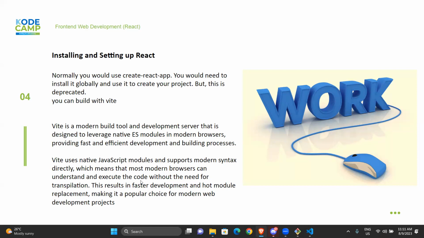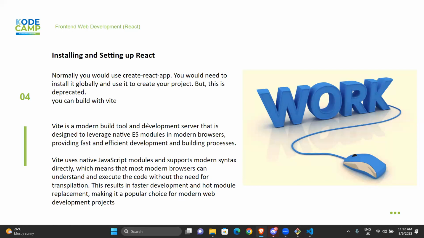Right. Okay. So back to what we were saying. I'm going to use Vite. You can still use Create React App, it will still work. But Vite is a modern build tool, has a development server, and uses ES6 modules. Vite helps you create your application faster.